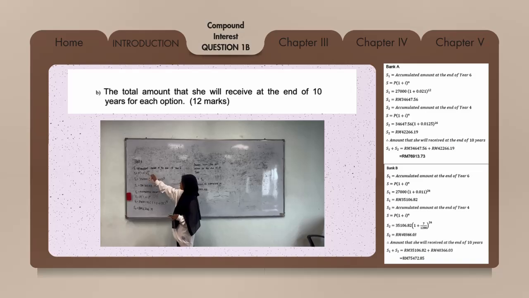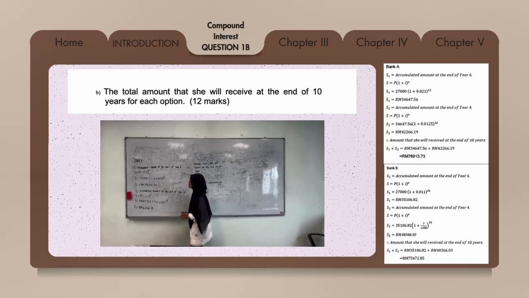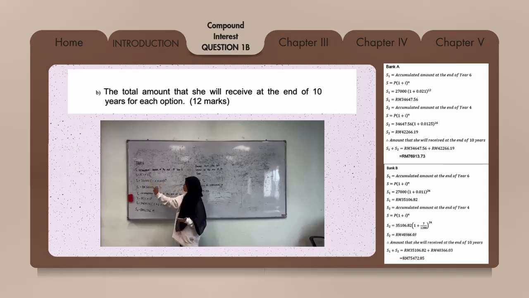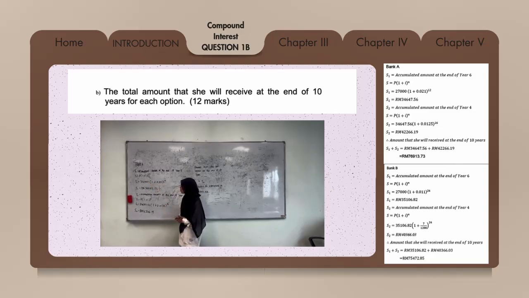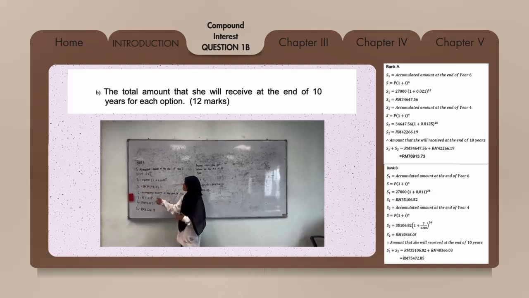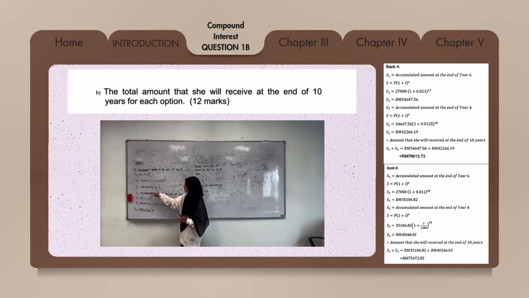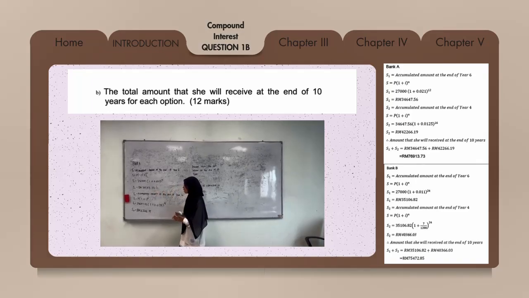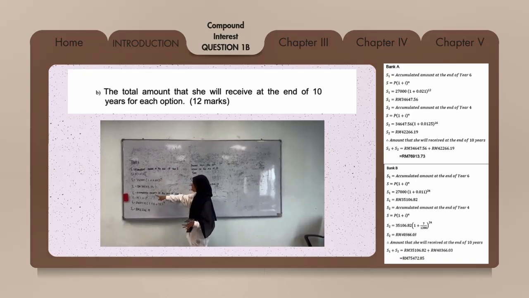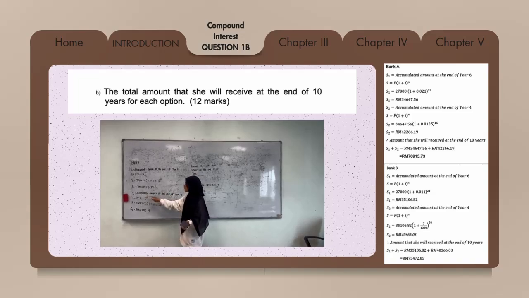S1 equals the accumulated amount at the end of year 6. We use the formula S equals P(1 plus i) to the power n. S1 equals 27,000 multiplied by 1 plus 0.021 to the power 12, and the total is RM34,647.56. And then after we calculate S1, we have to calculate S2, which is the accumulated amount at the end of